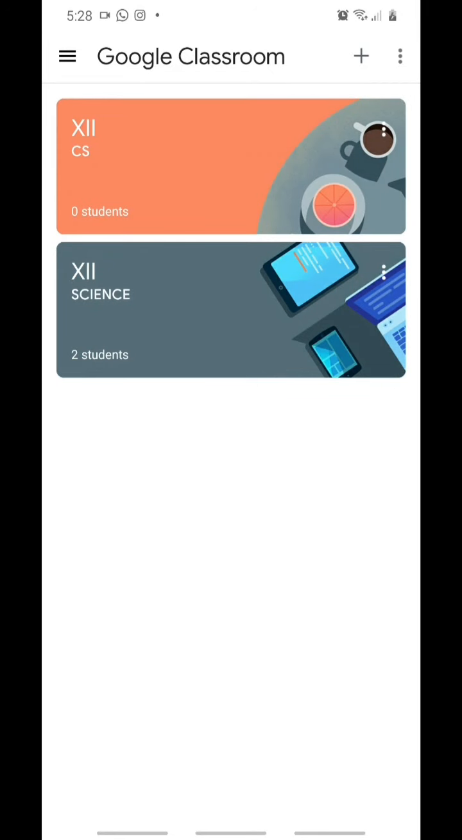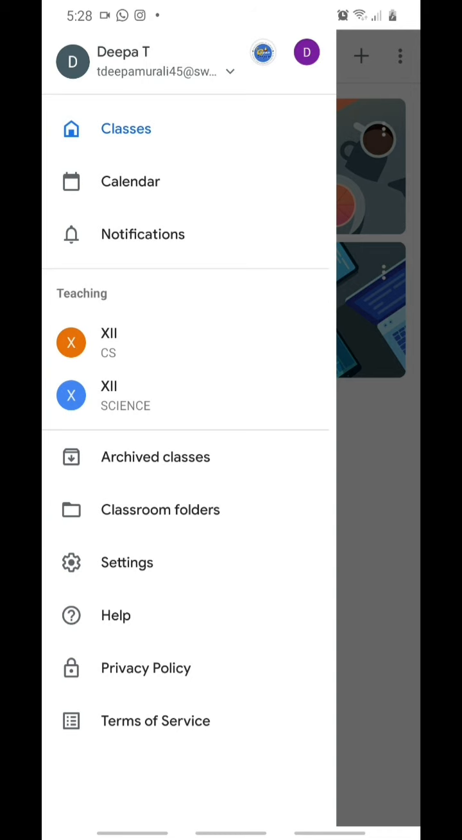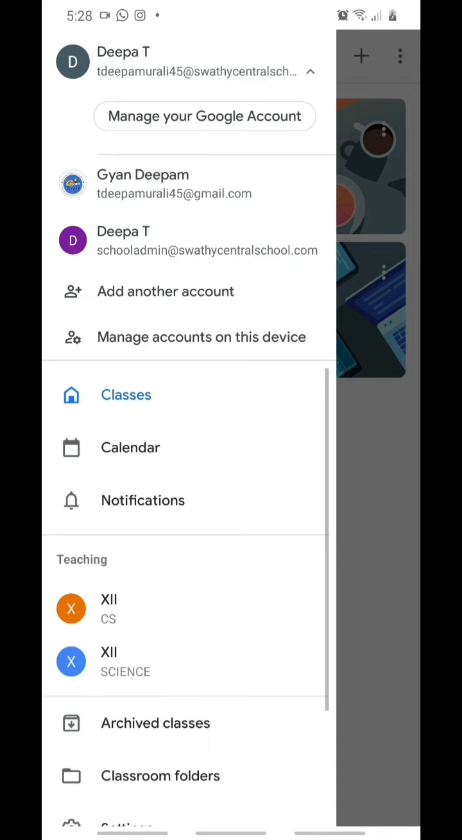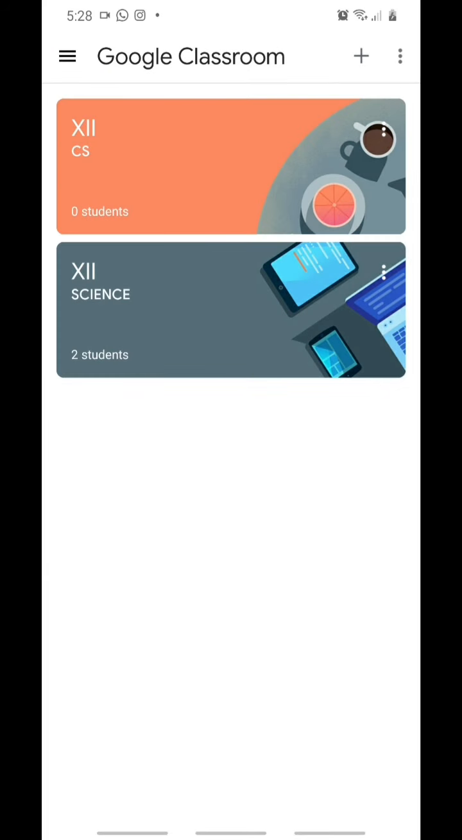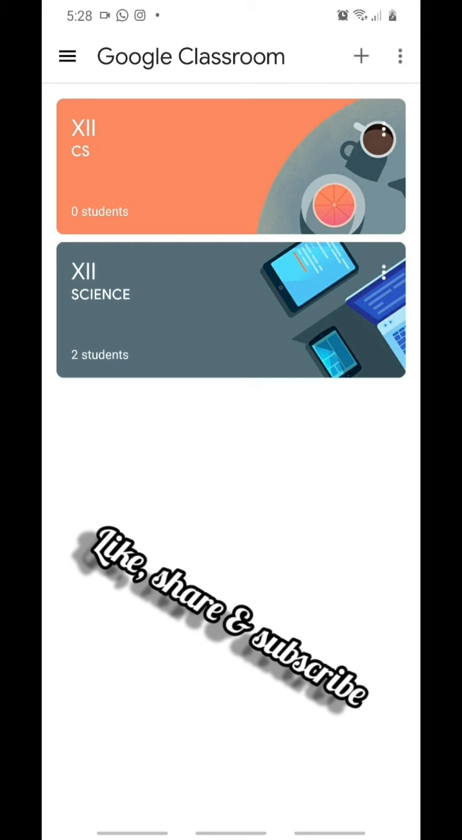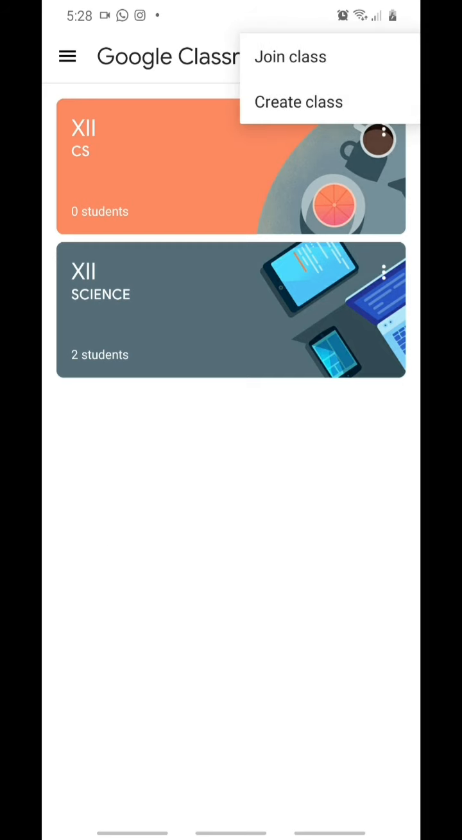So your Google Classroom might have many accounts. Make sure that you are in the right ID itself, the G Suite mail ID. You may have multiple mail IDs, so select which is your G Suite account. Then you can see under that account which classes are created. These are all the classes created under this G Suite mail ID, and if you want to add additional